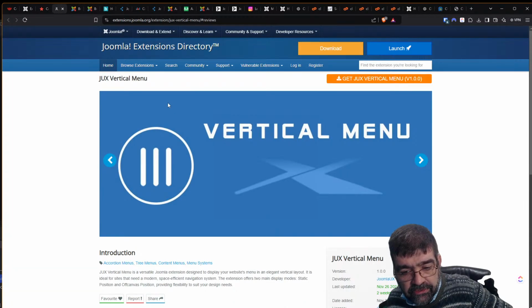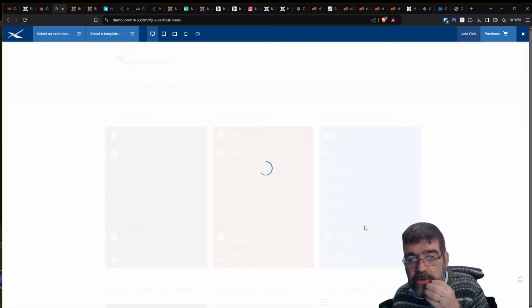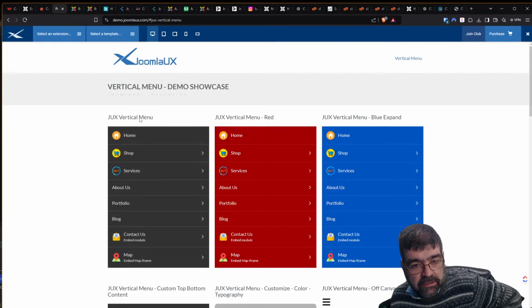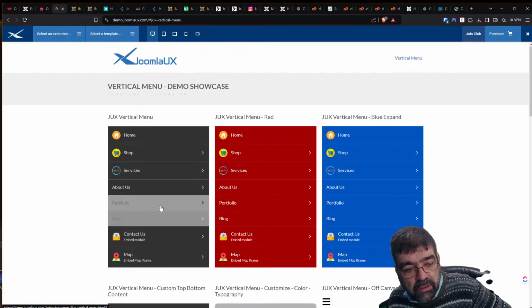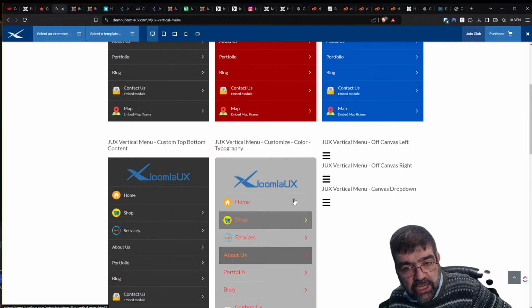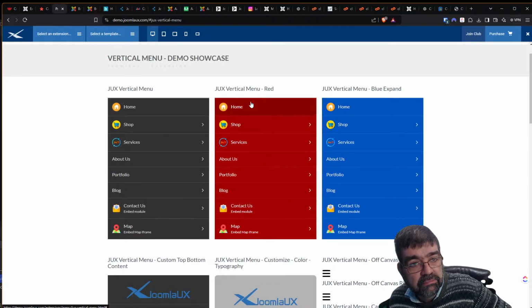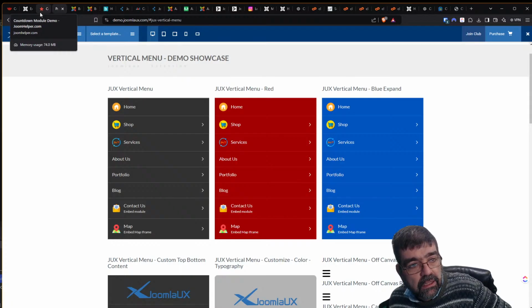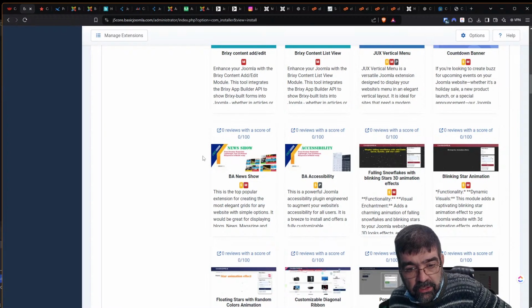Again, we're getting into systems that different people, different sites are doing. So you have everything. Oh, okay. That's nice. That's nice. Those are some nice vertical menus. These are challenging to have really nice on a website, so good. Vertical menu. Okay, so we got news show,